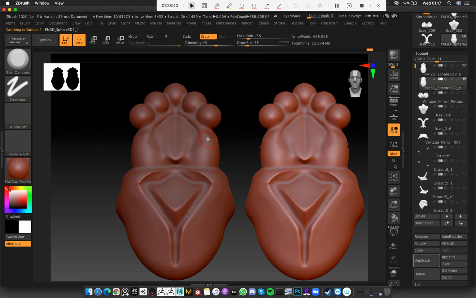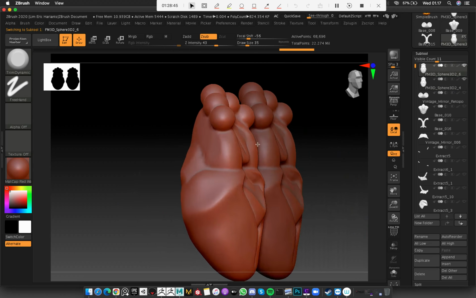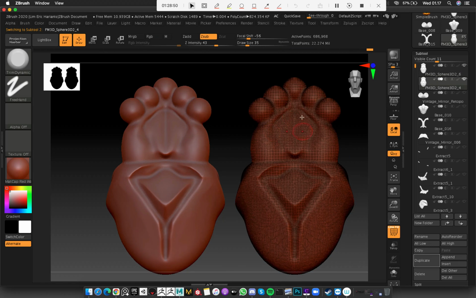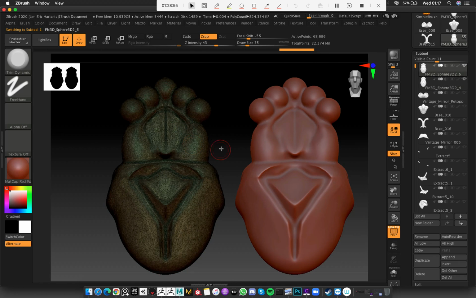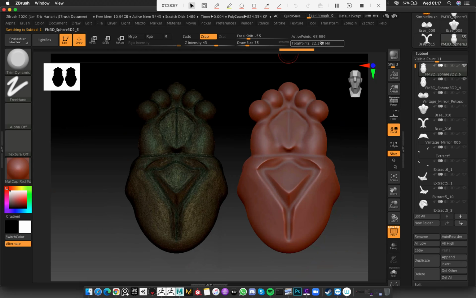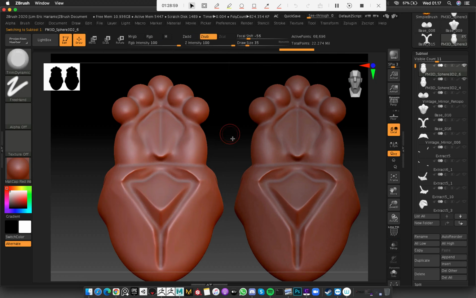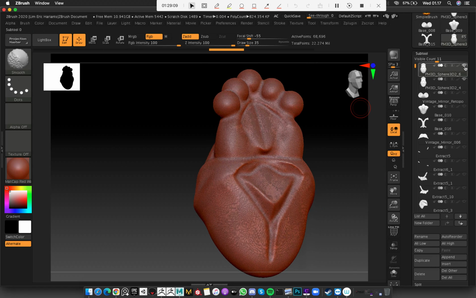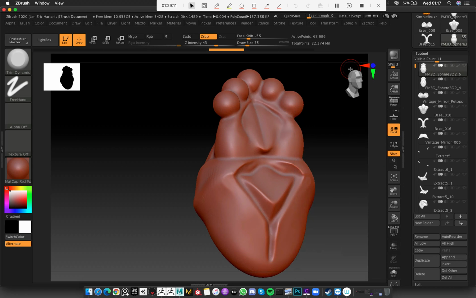Like you cannot tell which one is already decimated and which one is not decimated. This is the original one, 600,000 active points, and this is the decimated result, 68,000 points. So yeah, I will do that to every piece of my asset, and then I will export it one by one, and then I will import it one by one to my